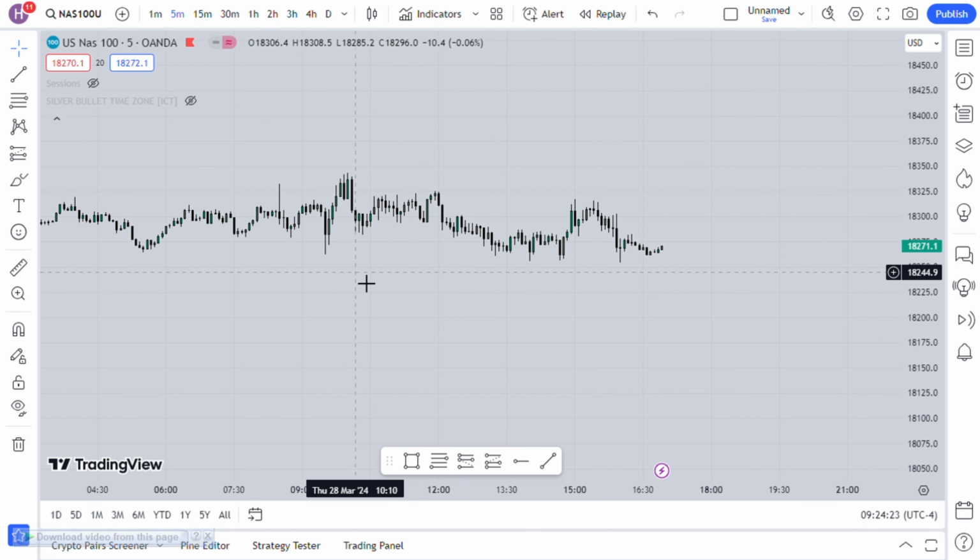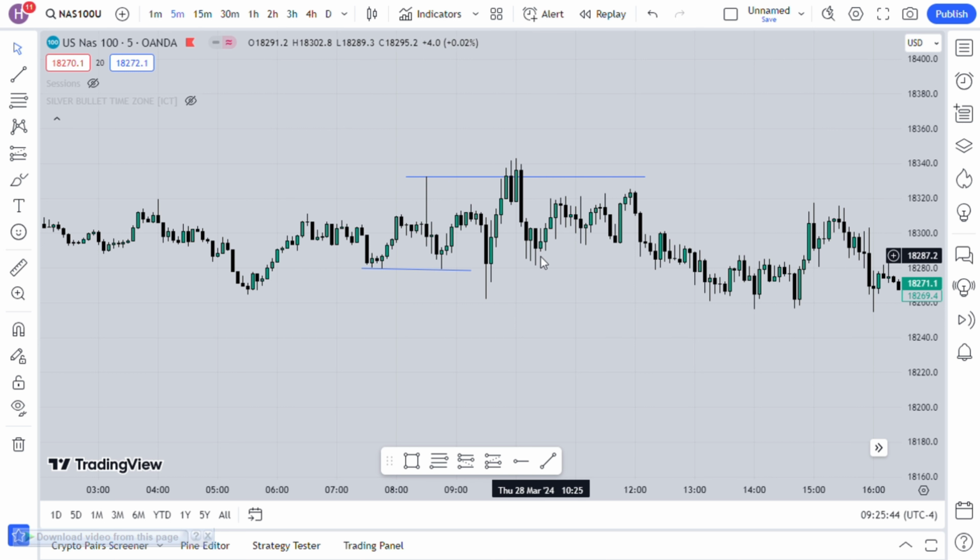After taking out this high, the movement above almost like it ended. As you can see here, when it took out this high, it started retracing downwards, forming an order block here. This green candle before this downward movement is an order block. It retraced downwards, failed to take out this low, but started rallying higher, but failed to take out this high,